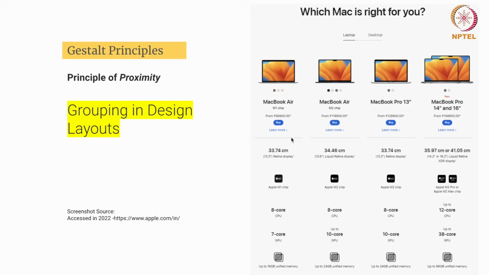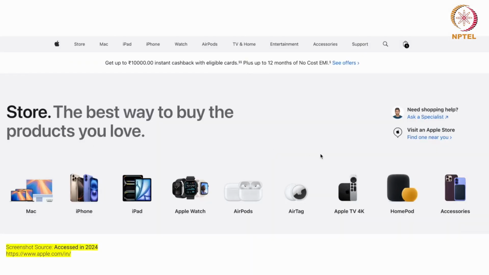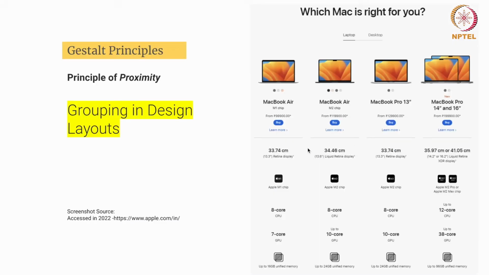Imagine the line is continuous. It would have been very difficult for users to perceive this segment. Just by a small gap within these lines, it enables the idea of proximity within these segments.